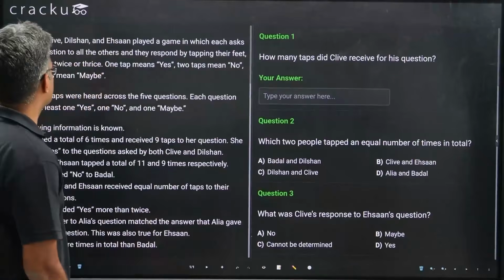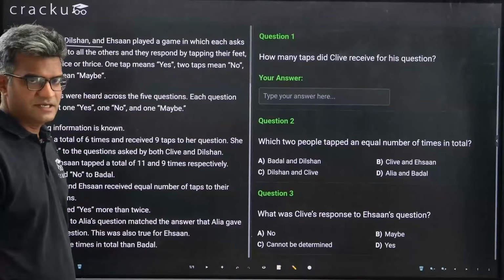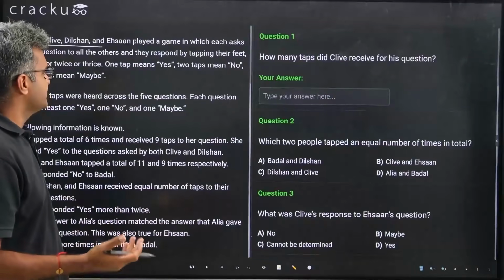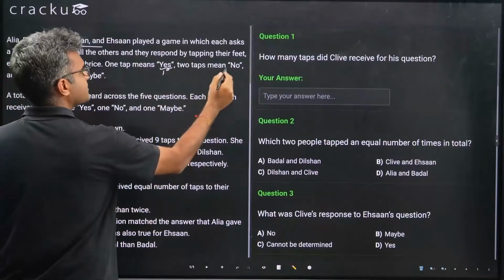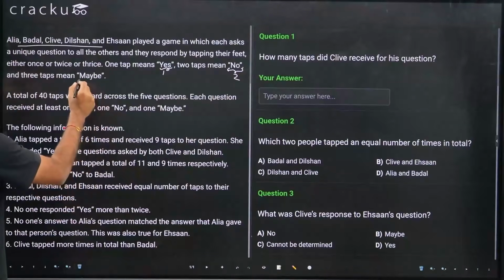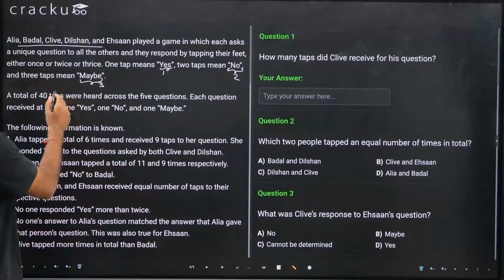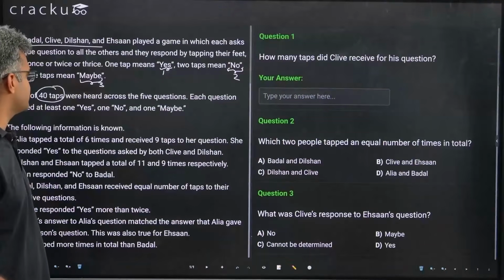In this question, we are told that there are 5 guys, Alia, Badal, Clive, Dilshan and Hassan. They have played a game where each one of them asks the questions to the others. If somebody replies yes, that tap would mean 1. If somebody replies no, that would be 2 taps. And so if somebody replies maybe, that is 3 taps. A total of 40 taps were heard for the 5 questions, and each question received at least 1 yes, no